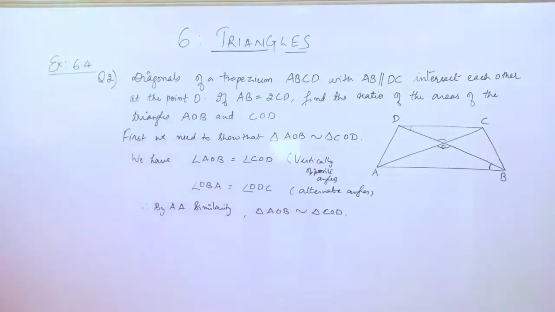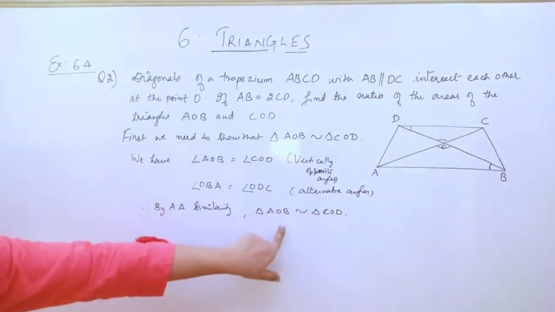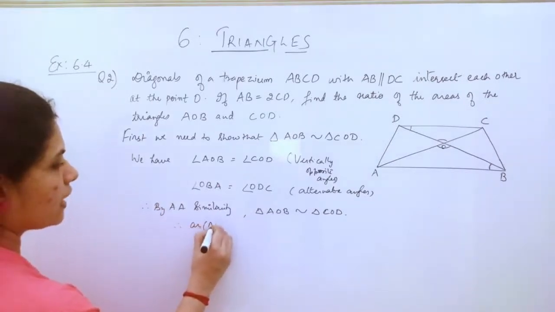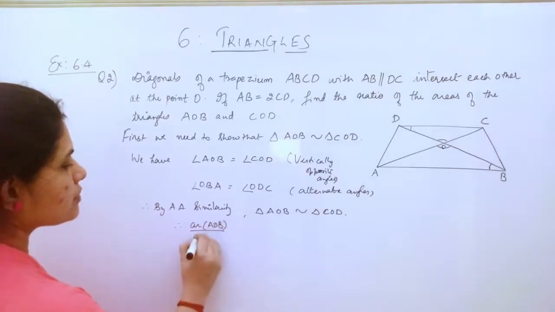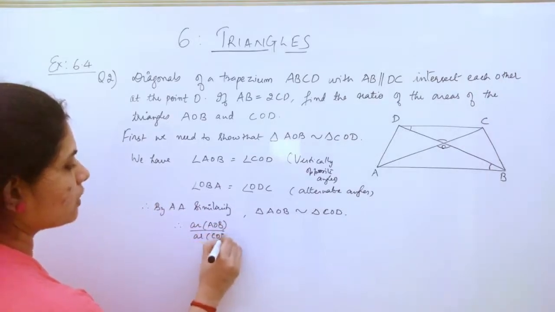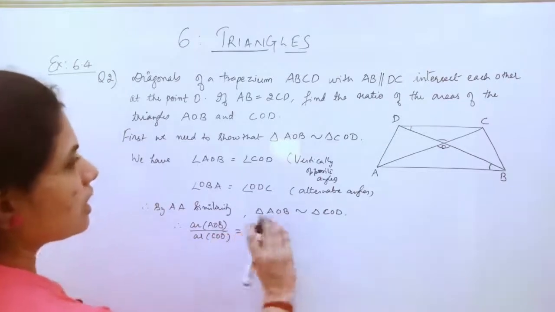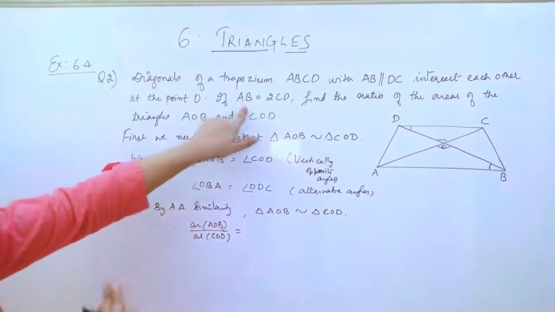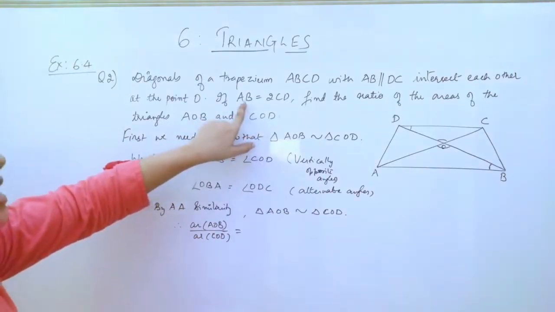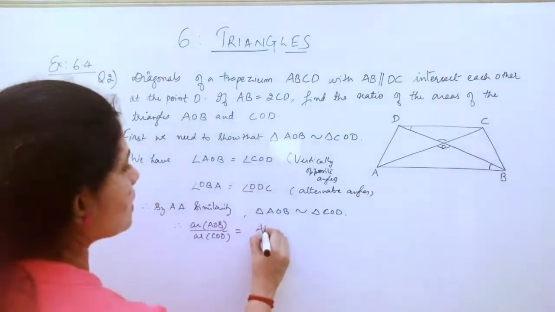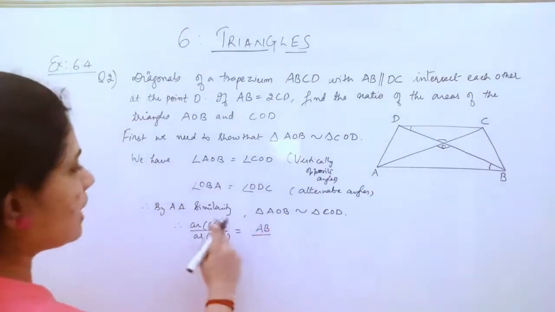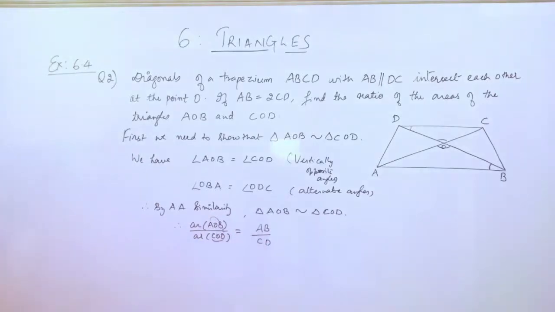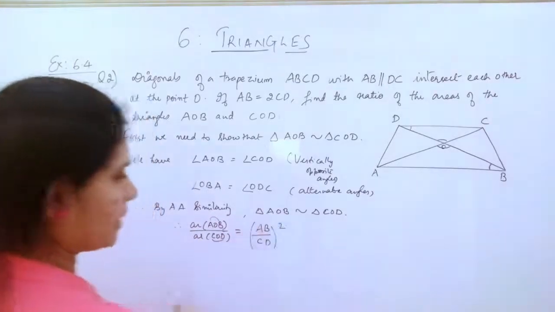Now since these two are similar, you can use the theorem, that is, therefore we have area of AOB divided by area of COD is equal to, correspondingly you can take, but we don't need all of them. Since we don't know the corresponding side lengths, we are just taking the concept, that is, if I am taking AB, the other triangle will have CD. So AB by CD, the whole square.